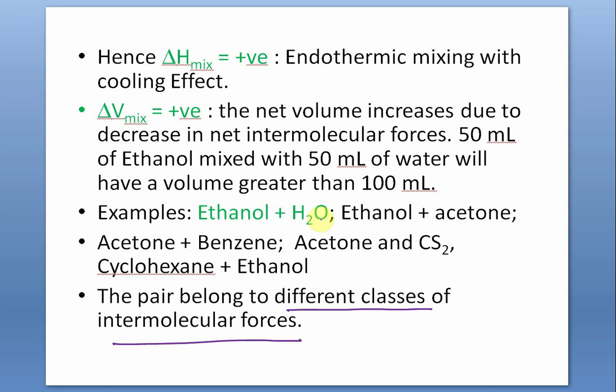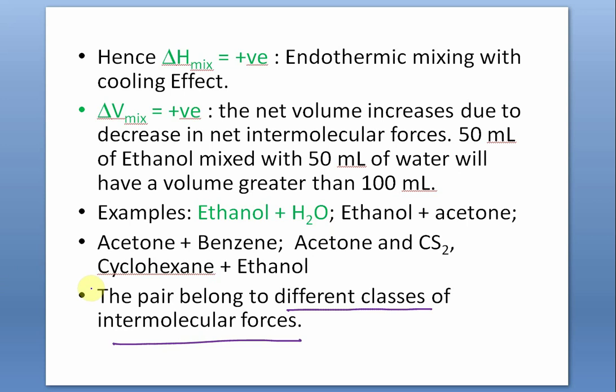At that point of the graph, the peak portion, intermolecular forces become very, very less. So more vapor comes out, and at a particular composition, maximum vapor comes out. The intermolecular forces become weakest at the azeotropic